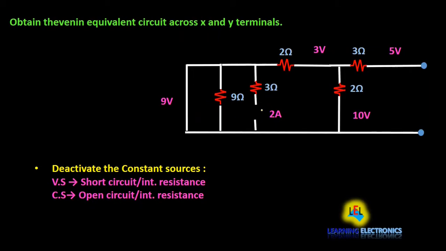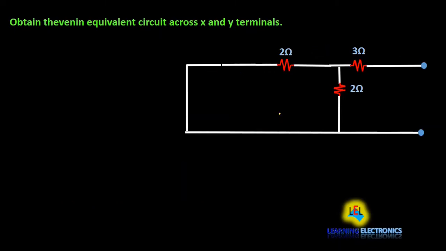So here we can see that since it is an open circuit, the current through this 3 ohm resistor will be 0. So we can omit this branch, and this is a short circuit, and this 9 ohm resistance is in parallel with this short circuit. So this branch is also omitted because current always follows the lowest resistance path. So all the current will flow through this branch only. So there is no use of this branch. Okay. So after omitting this branch and this branch, we will get this type of circuit.